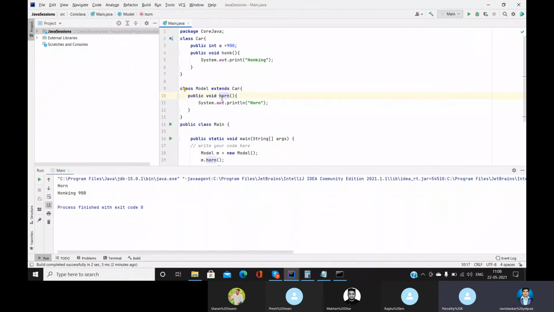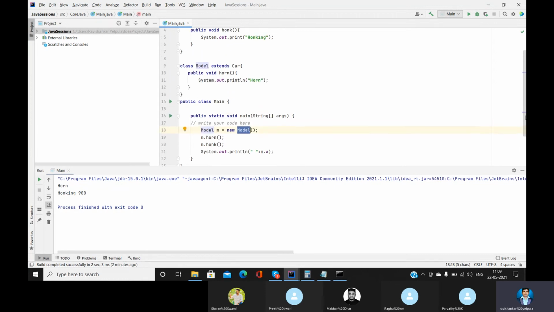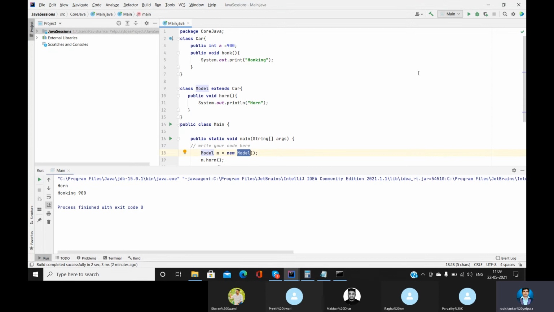Okay, next, now we have seen this, then we come to the concept. A few days ago, Raghu asked a question: when we are creating an object, can the first model and this be the same or can it be different? Raghu, it can be different. Today we are going to see one more concept called method overriding. So what is method overriding?